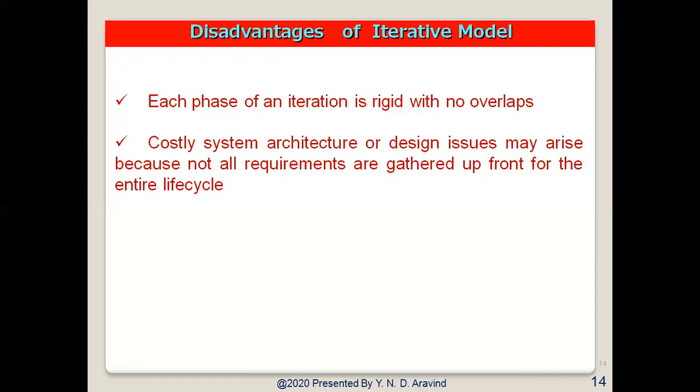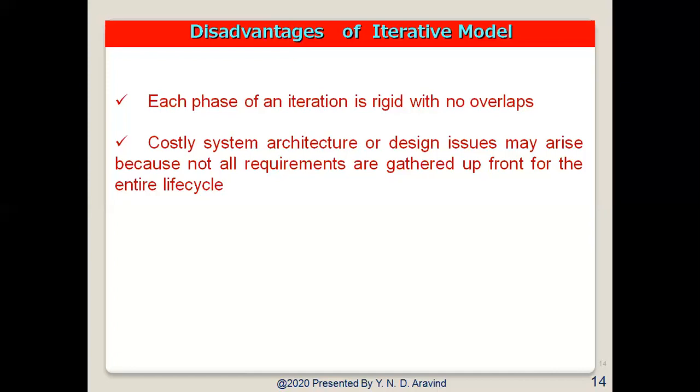Then we can go for the iterative model. Where the requirements of the system are unknown or uncertain, we can go for the iterative model. Where the team composition is stable and continuity of the core development team can be maintained, we can go for the iterative model. We can go for the iterative model when effective project control is definitely available. In such kinds of systems, we can go for the iterative model.